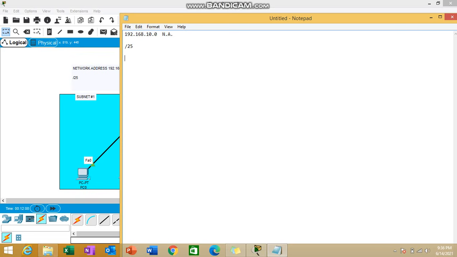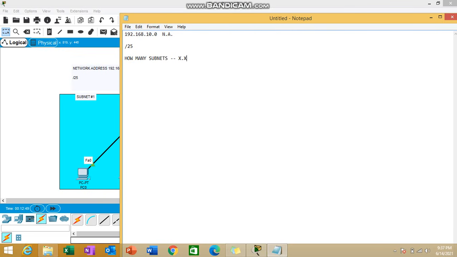Then we'll give the IP addresses to the PCs and the router. The very first thing we need to find is how many subnets. We have one simple formula for this. It is /25, and we have explicitly defined that it's a class C, so we have to subnet the class C address. If it's /25, the first three octets are already filled. It means in the last octet only the first bit is on, and the rest are off.